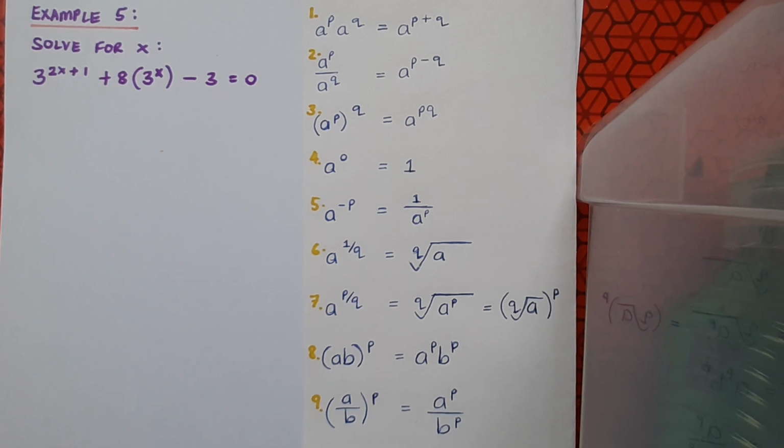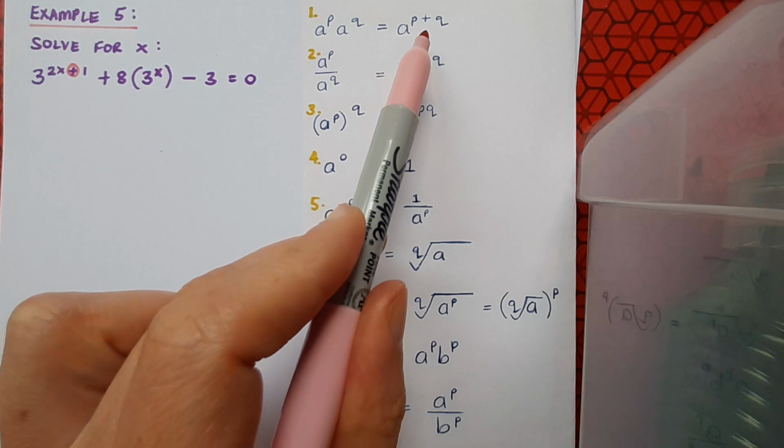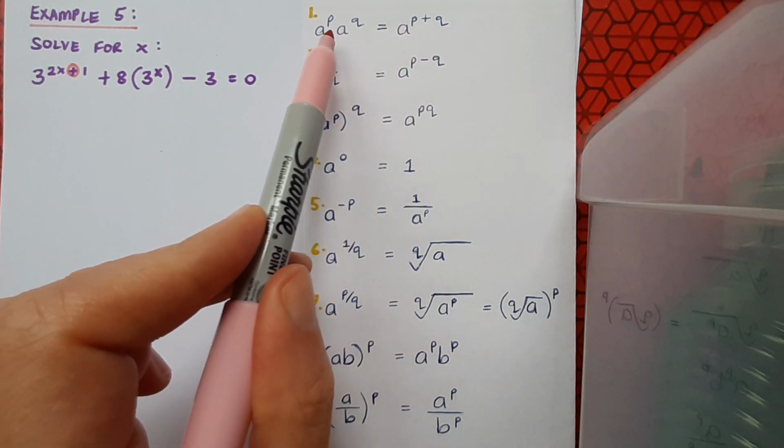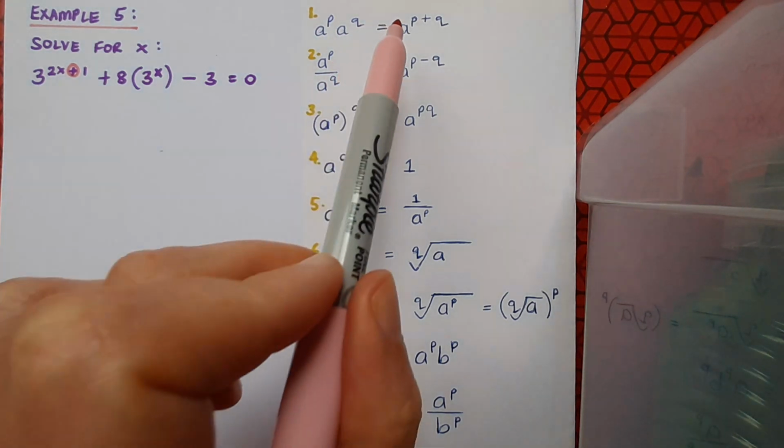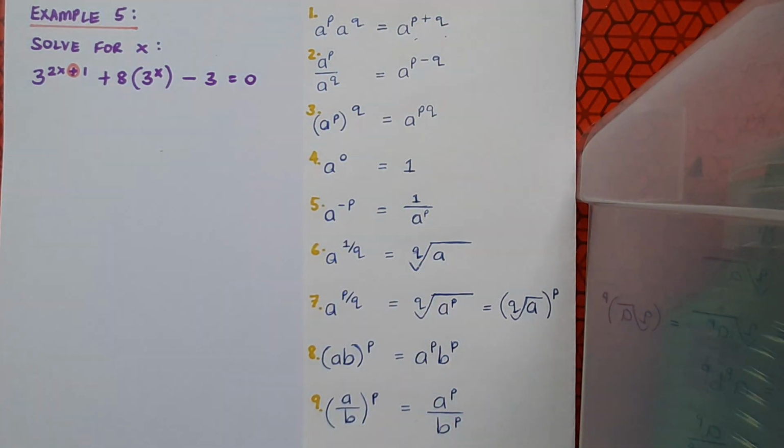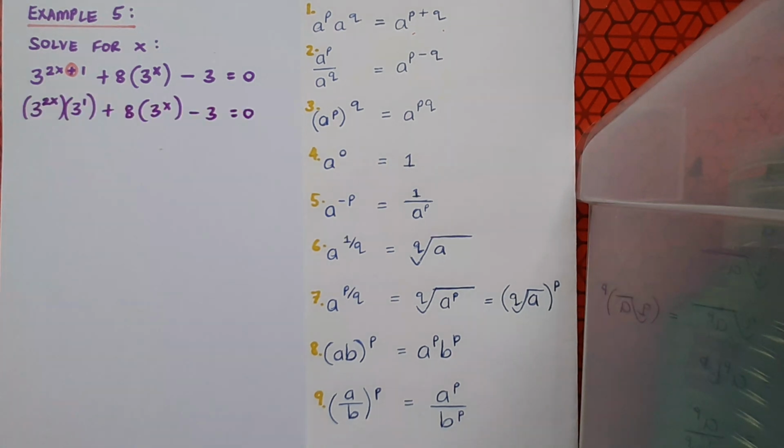So the first thing that I notice is that I'm adding 2 powers in that first term. And if I'm adding powers, I can reference rule 1. And adding powers means that I can multiply a base by a base, and it's the powers p and q that I have from the addition on the right-hand side of the equation. So I'm going to split this up into 3 to the power of 2x times 3 to the power of 1. Okay, and then I'm going to look at this 3 to the power of 2x like we did in